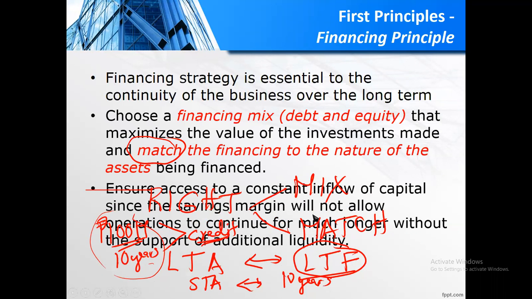And then, this is what I was saying a while ago, ensure access to constant inflow of capital. Operations will not continue much longer without the support of additional liquidity. Of course, we know that without the round which is cash, the company will not be able to go around. That's a very basic saying, but it's true. Liquidity is very important. Financing is very important in order to sustain the business, in order to sustain the operations